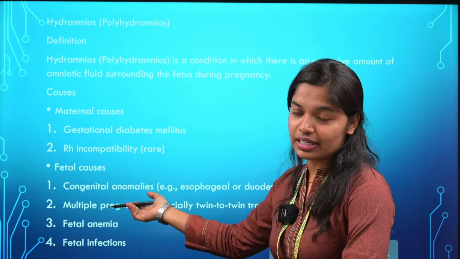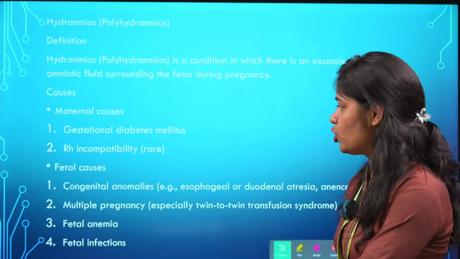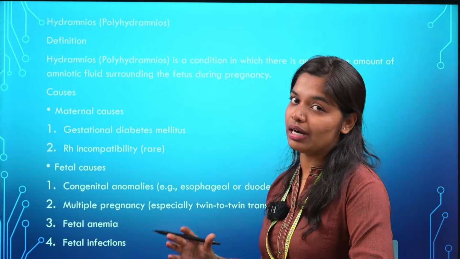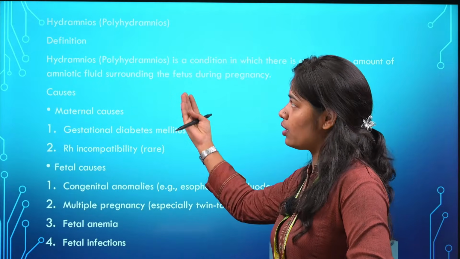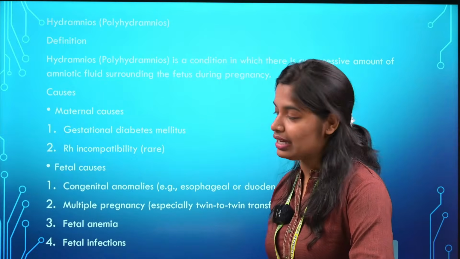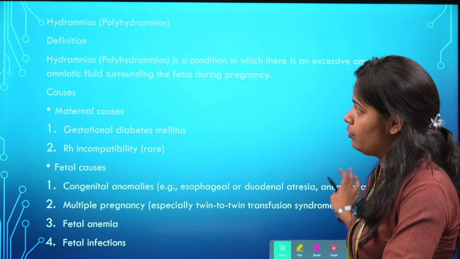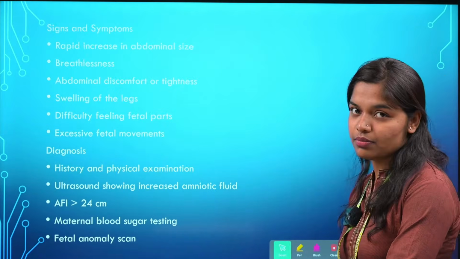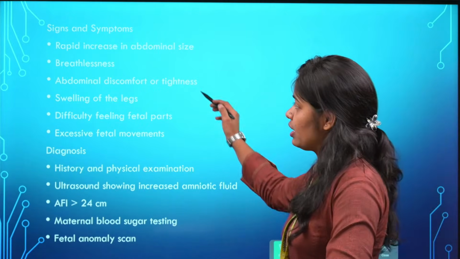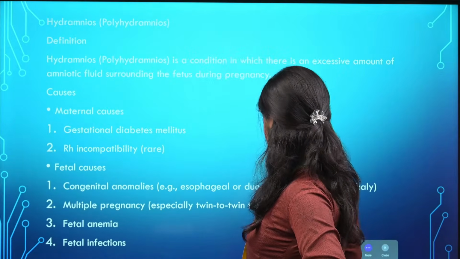Next, the fetal causes include congenital abnormalities, or the mother may have a multiple pregnancy. These may be causes for hydramnios, and also fetal anemia and fetal infection. Next, the signs and symptoms: the rapid increase in abdominal size,